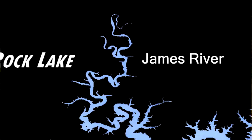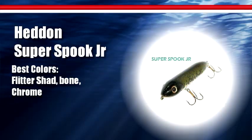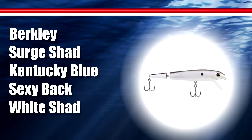Go up into the James, and again, topwater first thing in the morning. Whopper Plopper, spook, Sammy, Surge Shad, all those are working. Again, we're looking around trees. Some of the ones up the James have been a little weird. They've actually been out in the middle, because I think the shad are a little bit further along up the James as far as moving towards the backs,